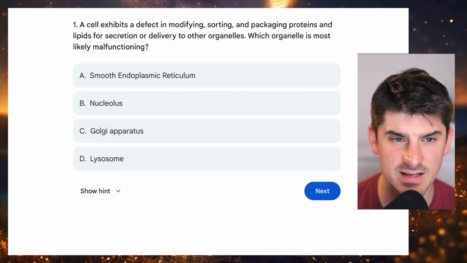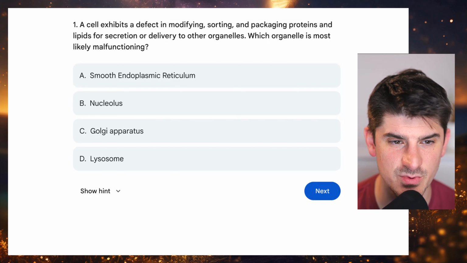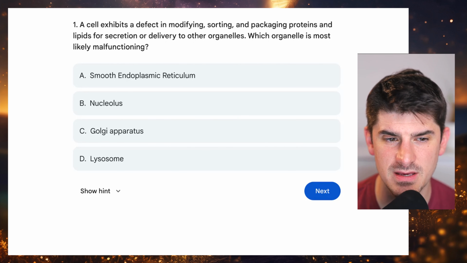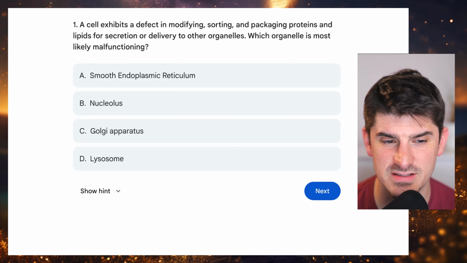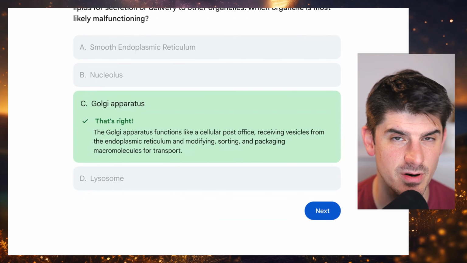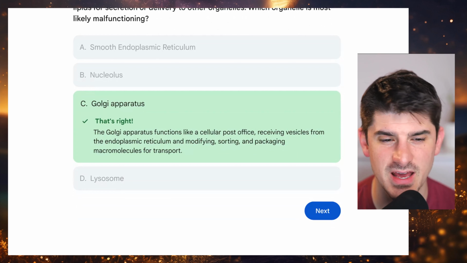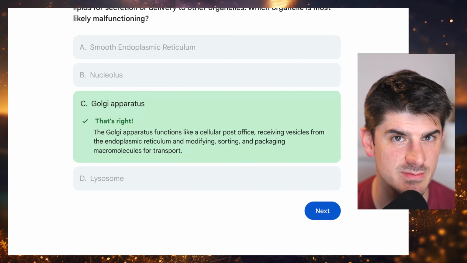1. A cell exhibits a defect in modifying, sorting, and packaging proteins and lipids for secretion or delivery to other organelles. Which organelle is most likely malfunctioning? A. Smooth endoplasmic reticulum, B. Nucleolus, C. Golgi apparatus, or D. Lysosome? And the answer here, of course, is the Golgi apparatus. This is the part of the cell where vesicles are formed and the modification, sorting, packaging, and transportation prep is